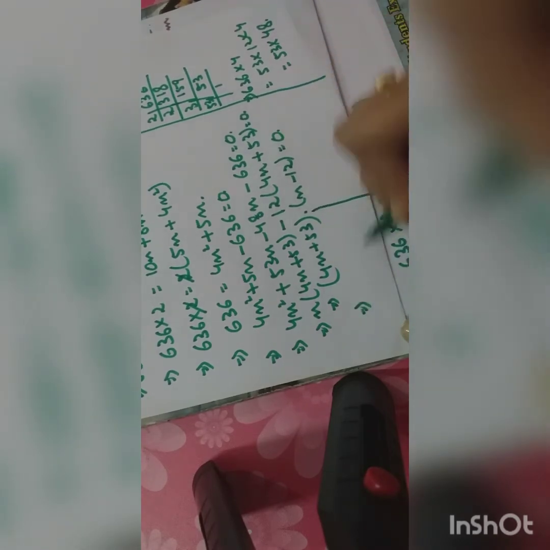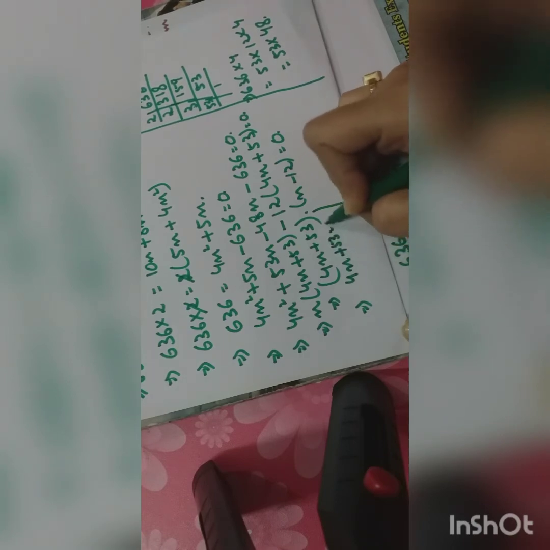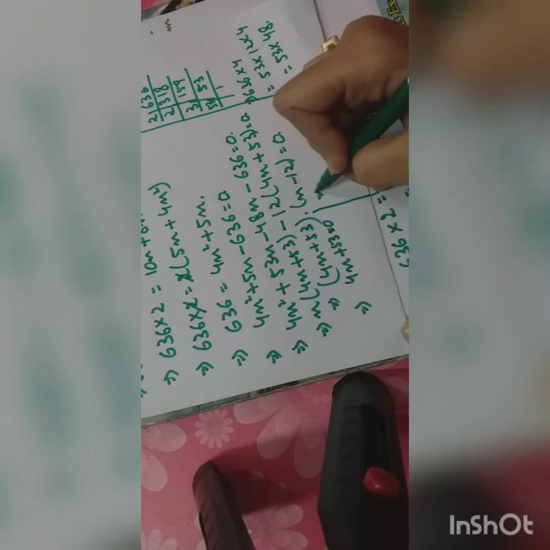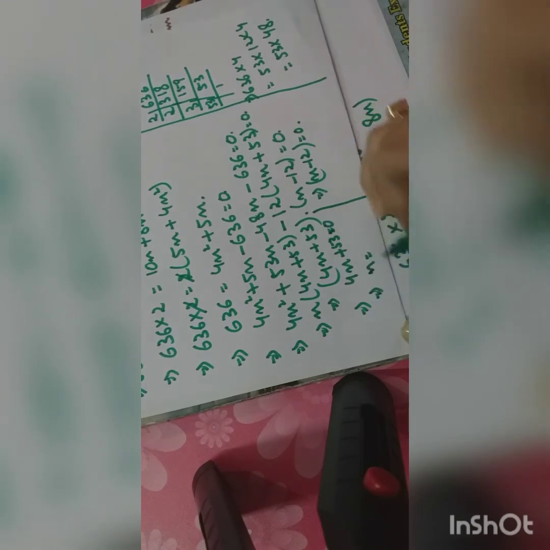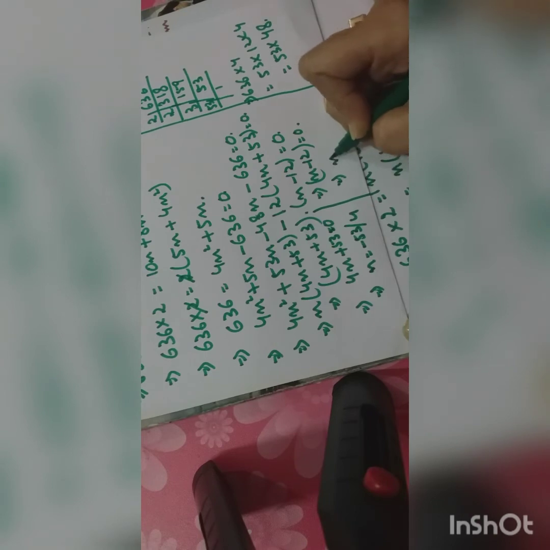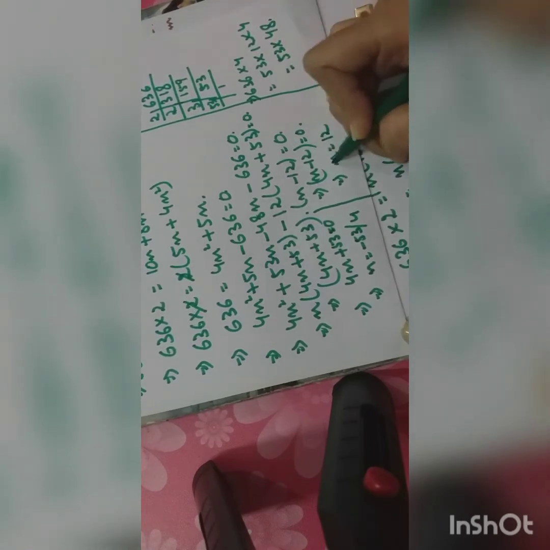So for the quadratic equation, in the first part I am getting 4n plus 53 equals to 0, and in the second part I am equating n minus 12 equals to 0. So n value from the first part will be n equals to minus 53 by 4, and from the second part the value of n will be 12, when minus 12 comes to the RHS.